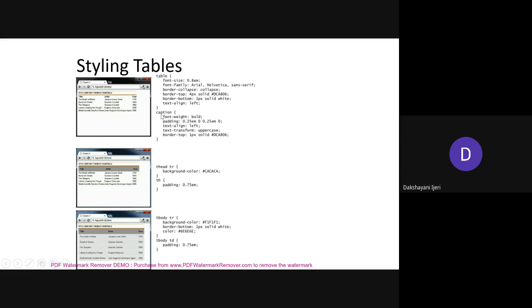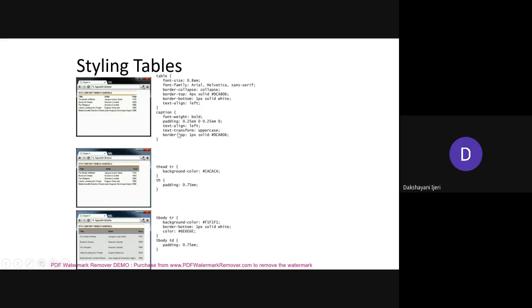Okay. So you can see here the caption element has been considered, for which you want to set all these properties. Again, the caption is text, so you can use font-weight as a property to tell whether it should be normal, bold, or thick. The padding is how much space has to be considered. And the text alignment, by default, makes it appear at the center; you can change that by using the text-align property to make it appear at the left or the right.